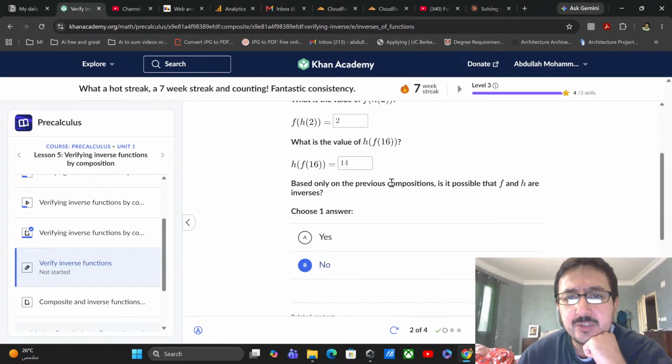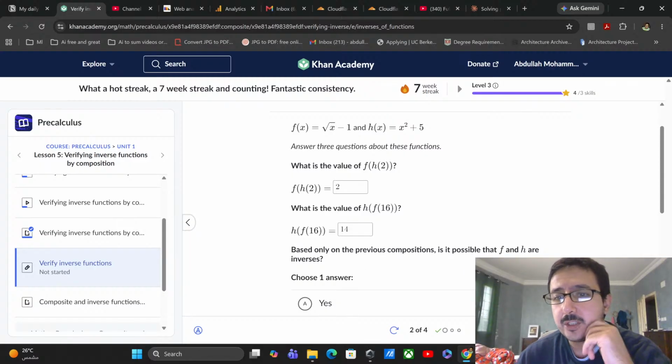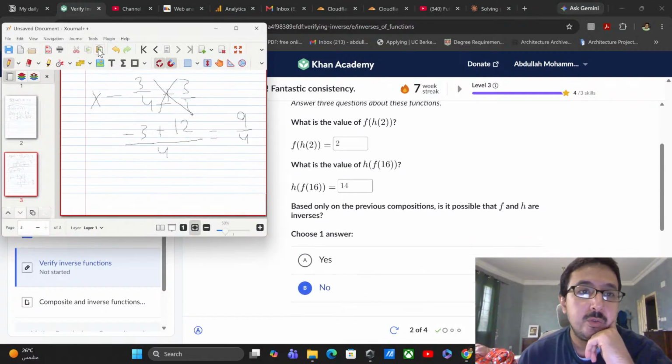Nope, I would say no, but seriously, I can't tell by these two composites. But if we take here, it's never going to be minus. You know what I mean? It's not going to be minus. But what if we take minus here? It's going to be a complex number. A complex number, I don't know. Should we do this? Is it possible that f and h are inverses? I would say no, but I'm going to take it to